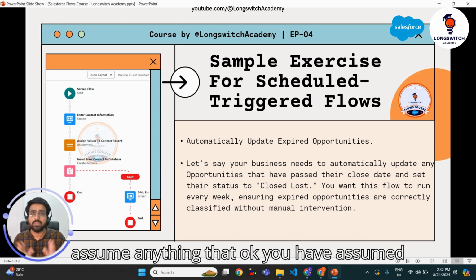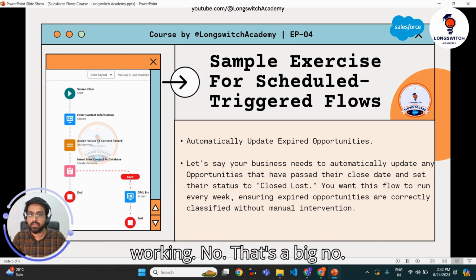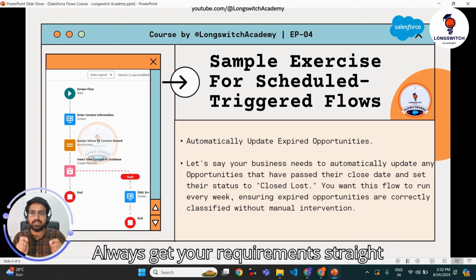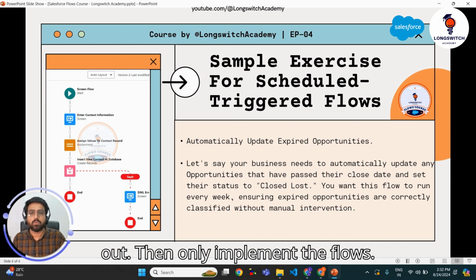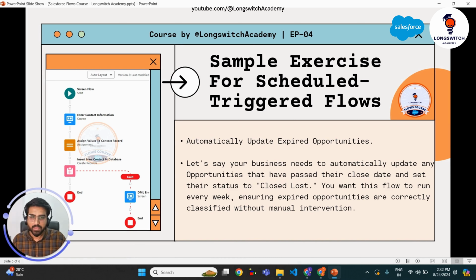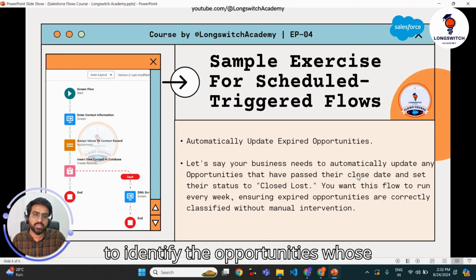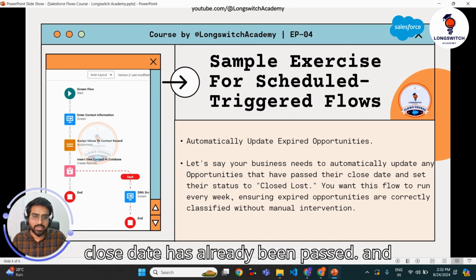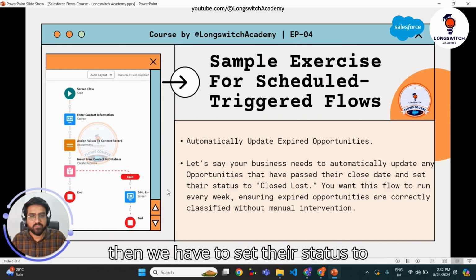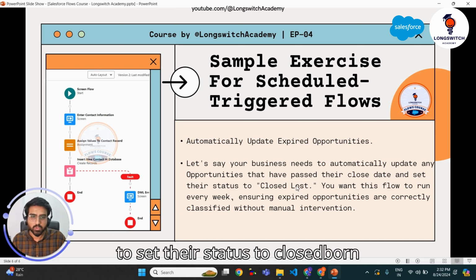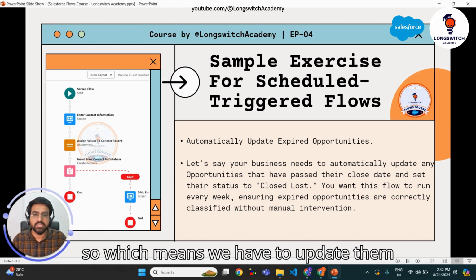Never ever assume anything. Okay, you have assumed this and this is how it should be working. No, that's a big no. Always get your requirements straight out, then only implement the flows. So here, what we want to do, first we have to identify the opportunities whose close date has already passed, and then we have to set their status to closed lost. As you can see here, we want to set their status to closed lost, which means we have to